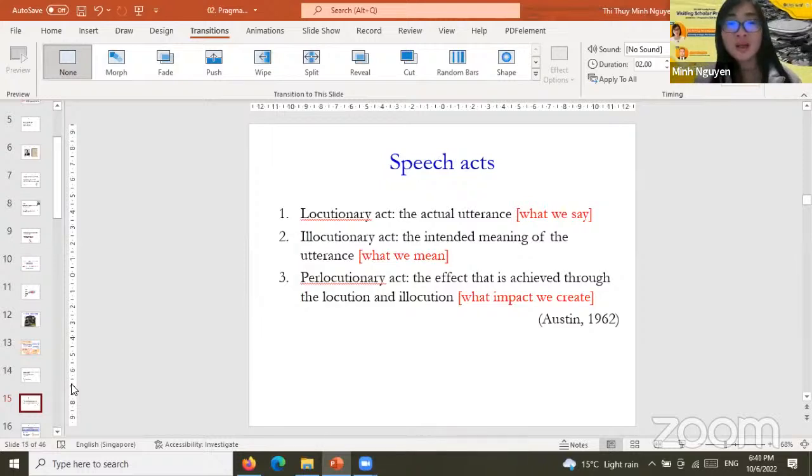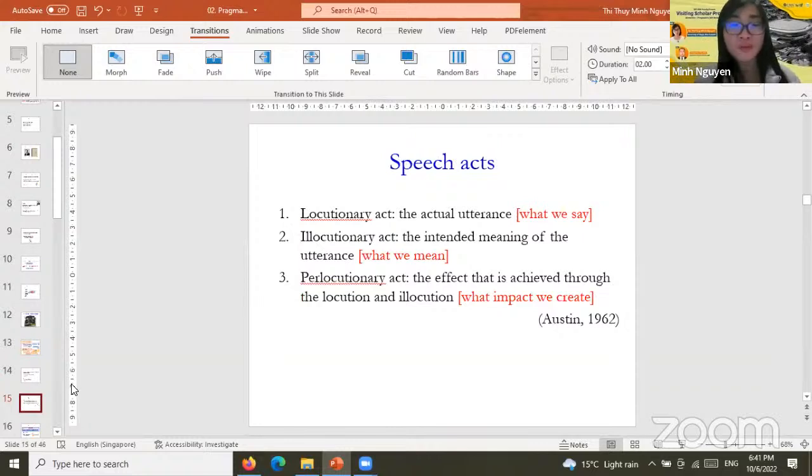The illocutionary act is the act of meaning something by saying something. So it is our intended meaning, what we mean by what we say, what we want to do with our utterances. Let's say when I say "Oh, it's so cold in here," the locutionary act is to put together all these words, "Oh, it's so cold in here," and say it out loud. But the illocutionary act is that I'm trying to ask my daughter to close the door and to turn on the